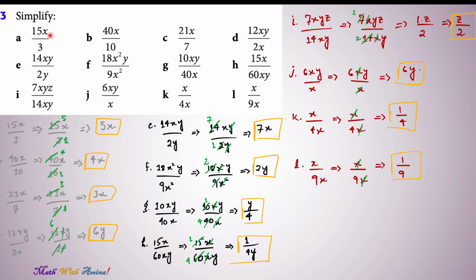Simplifying algebraic expression, our goal in here is exactly the same as simplifying regular numeric fraction, like 4 over 8. When simplified, it will become 1 over 2. So we'll be looking for common factors in the numerator and the denominator. We're going to cancel them out, and this way we will be able to simplify our fraction. So we call it fraction because it's written in the p by q form. In here, the number written on top is the numerator, the number written in the bottom is called the